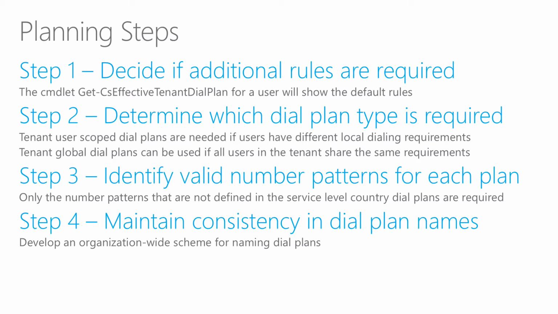In step 2, you decide which dial plan type is required. The easiest type of dial plan that you could create at this point is a tenant global dial plan. This tenant global dial plan would be assigned to all users that share that same tenant as long as they share the same requirements. If you have groups of users that are in different locations that have different dialing requirements, you would create a tenant user scope dial plan at this point and assign that tenant user scope dial plan